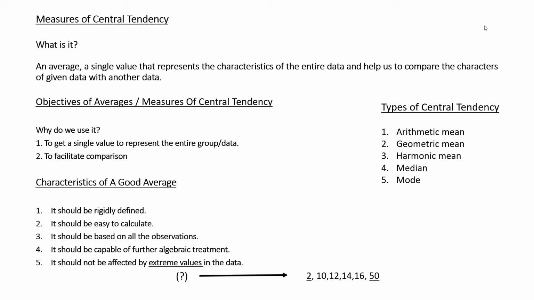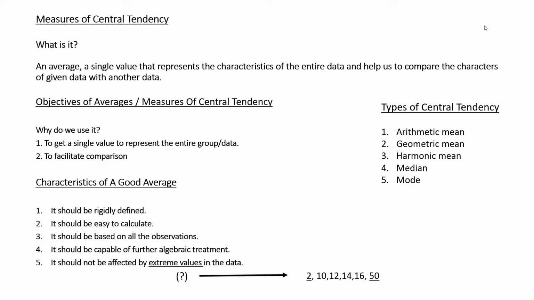Yes, the characteristic says that when you calculate the average marks, you should include the marks of all the students in your class. You should not include just the top 25 students and you should not exclude the bottom 25 students, right? So you should include all the 50 students in your class and then you should calculate the central figure, for example the average.